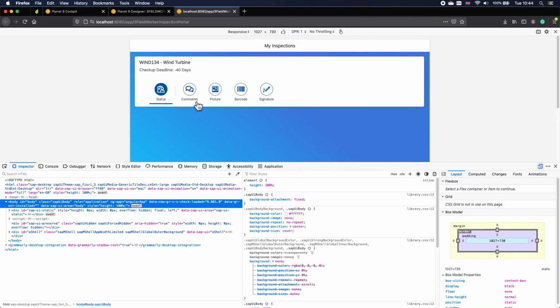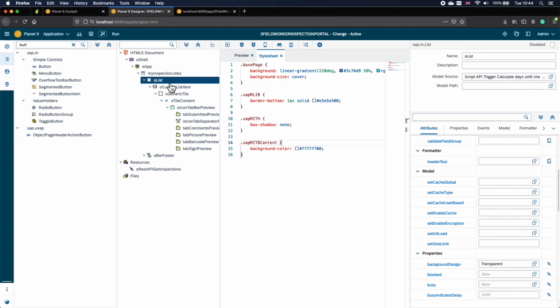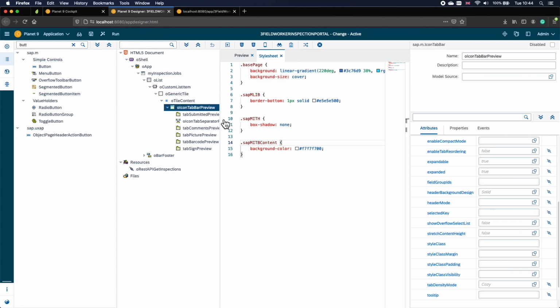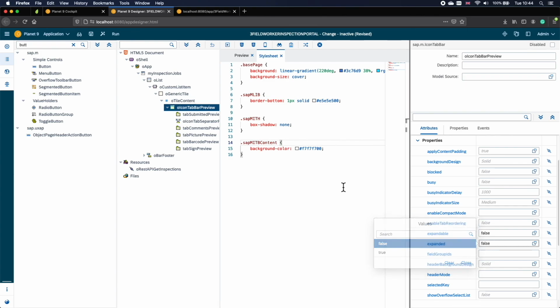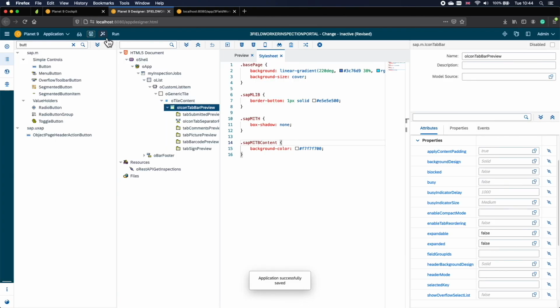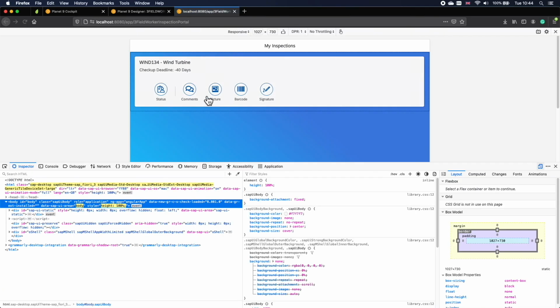One thing to note as well is that currently we can click on these tab filters, and we don't really want to give the user this functionality. So let's come back into our tab bar component, and we'll simply set two of the properties to false, which will be expandable, false, and expanded as false. So now if we save and activate and refresh, we can't click on any of these tabs